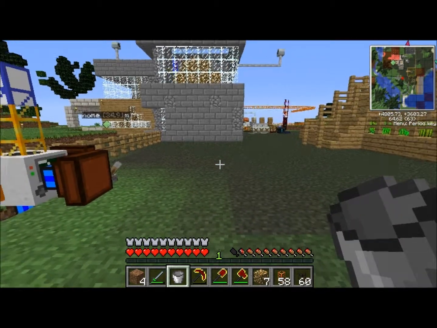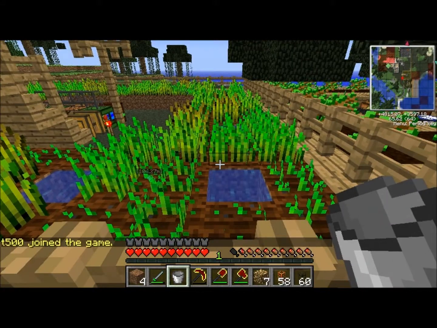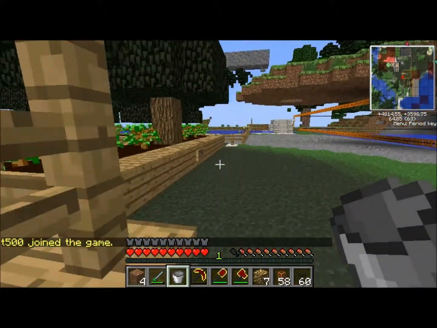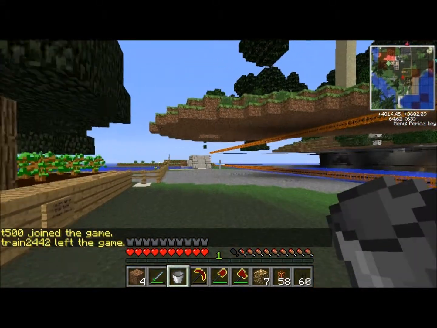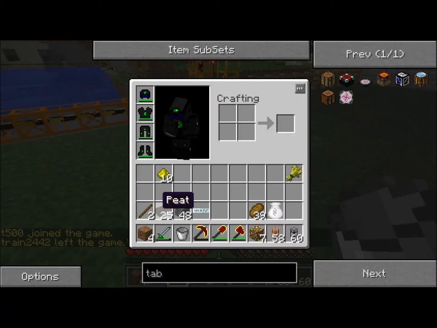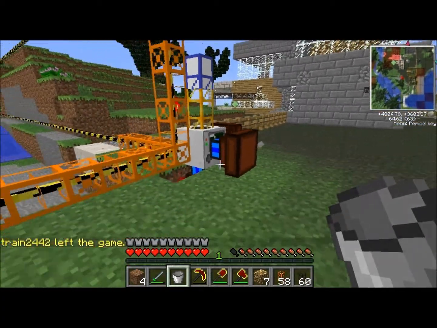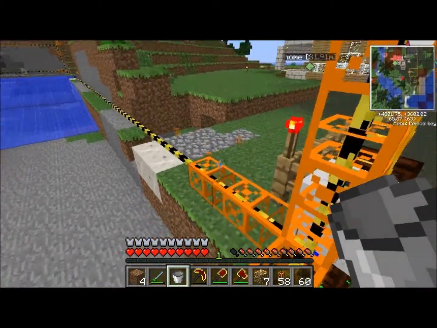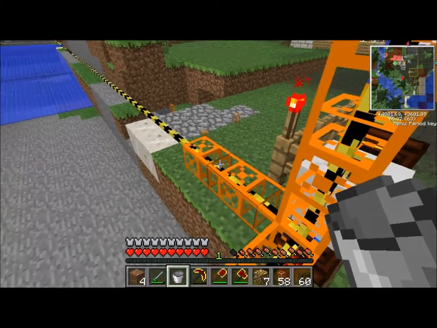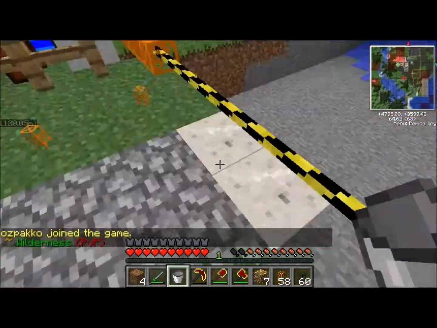Today we are going to be working on some forestry. We're going to make another wheat farm, tree farm, and down there I got a peat farm for running these peat powered motors. But it seems I still have a slight problem with a griefer